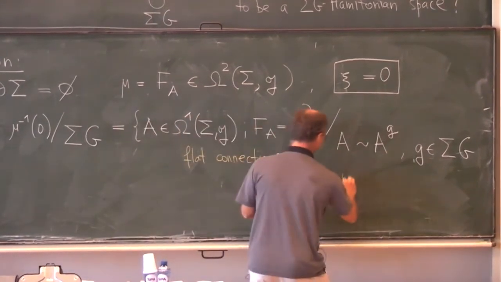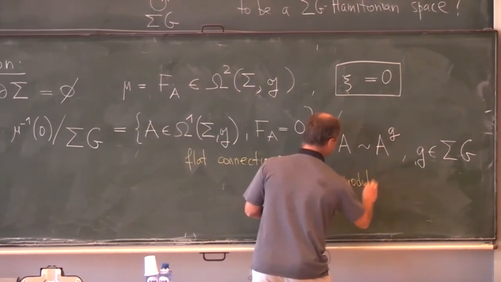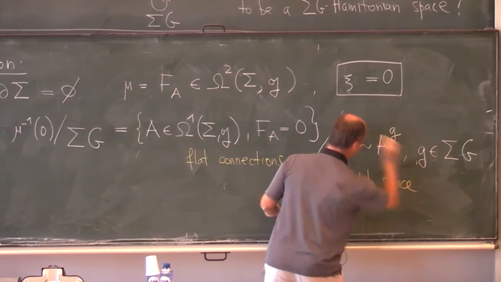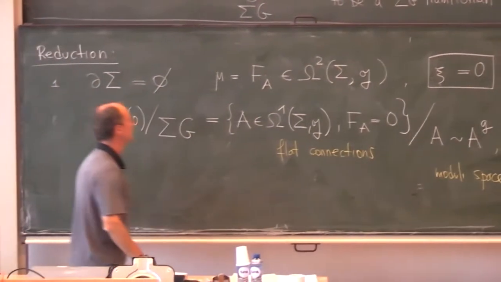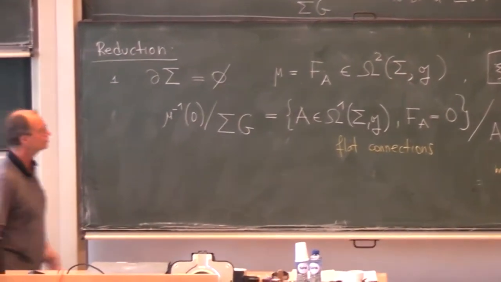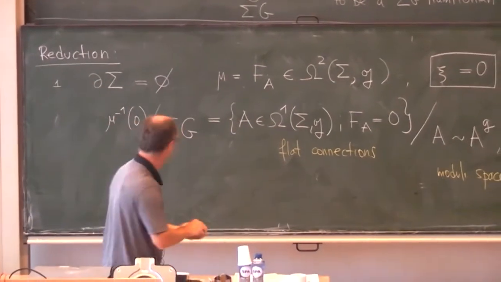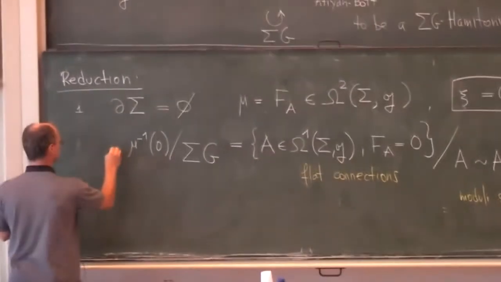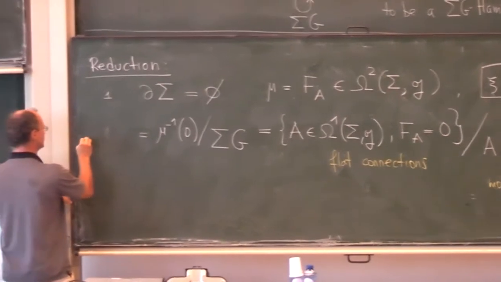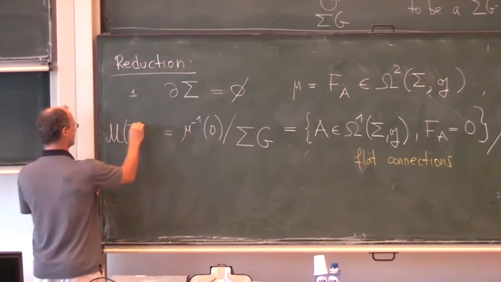So these are flat connections on sigma modulo the gauge transformations. So let us give a name for this space: curly M